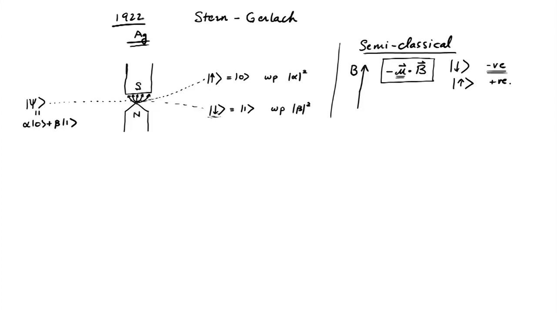So it actually feels a force that's pushing it downwards, and that's what bends the trajectory downwards. Whereas the spin that's pointing up, well, it has a positive energy, and so it has a force that's trying to move it upwards, where the positive energy becomes as low as possible, and so its trajectory actually bends upwards. And that's sort of a semi-classical explanation of how this Stern-Gerlach